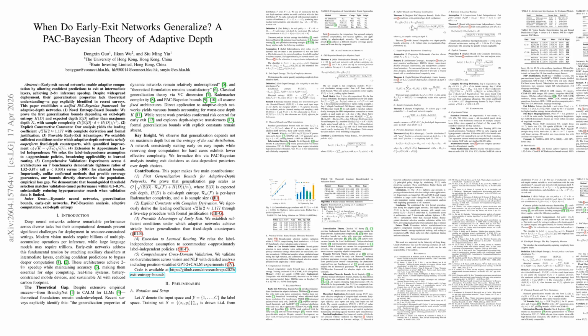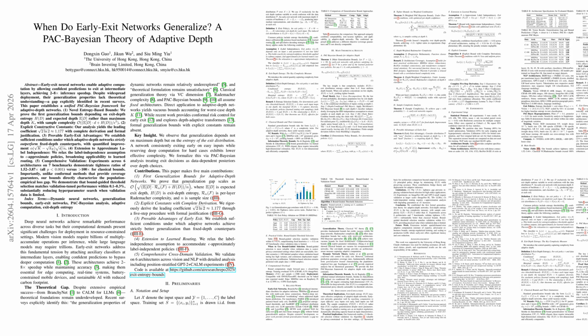They also prove depth-weighted Rademacher bounds under progressive refinement, an advantage theorem showing strictly better generalization when easy inputs exit at depth less than K, and an epsilon-approximate extension for learned routing with an added O(εK) penalty. Empirically, they evaluate 6 architectures: MSDNet, ResNet-56-EE, EfficientNet-B0-EE, BERT plus PABEE, DistilBERT, and